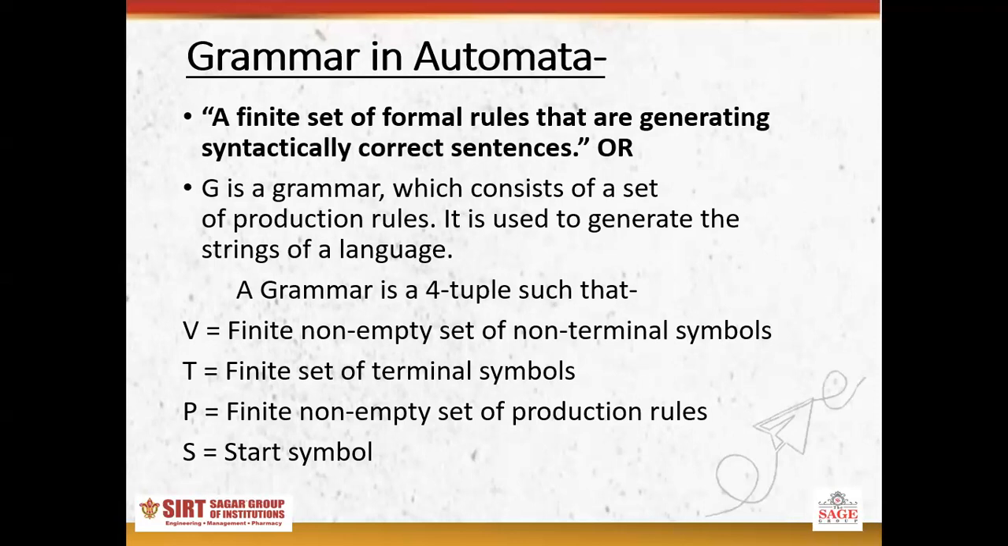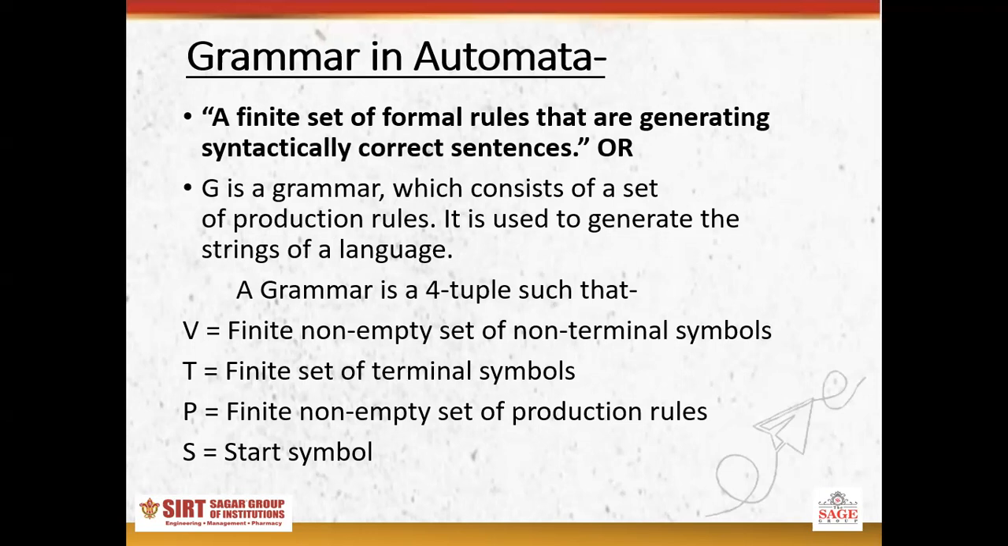Grammar means the basic structure of the rules which are used to generate any string. It is a finite set of formal rules that generate syntactically correct sentences. In an easy way, we can say that if G is a grammar, it consists of a set of production rules, and it is used to generate the strings of a language. A grammar consists of 4 tuples